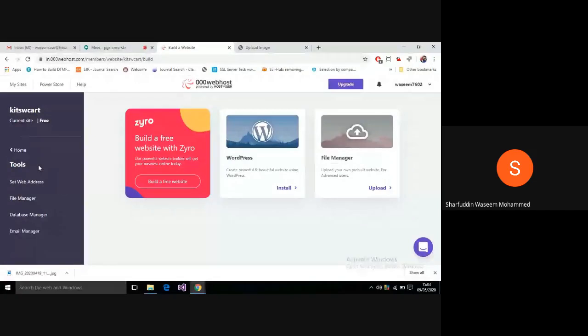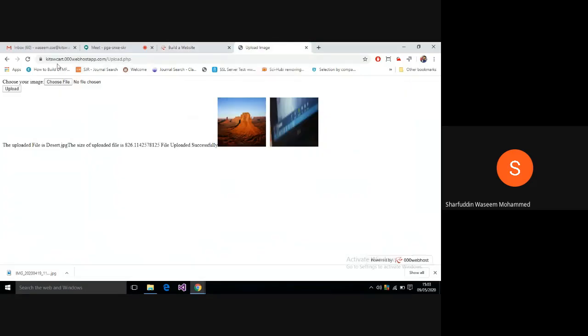Okay, so that is the reason that if you want more space, then here we have an option called upgrade. When you click on this upgrade, then you have to pay some money for managing your web space. Okay, and as well you can also buy your own domain address. Why your own domain address? Because this domain address is not appropriate now. You can't give the client like this.